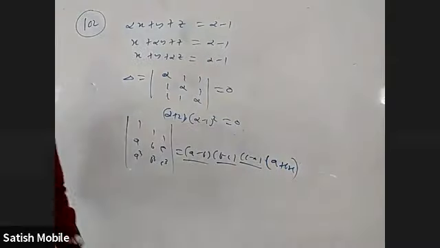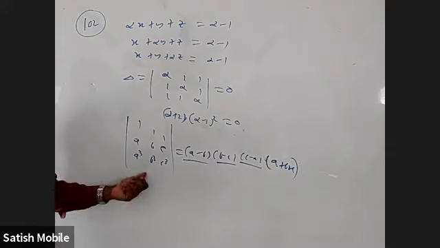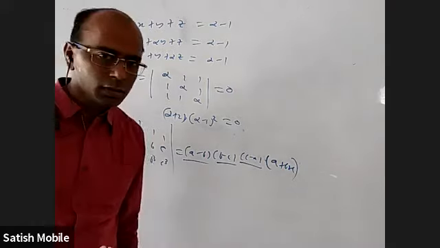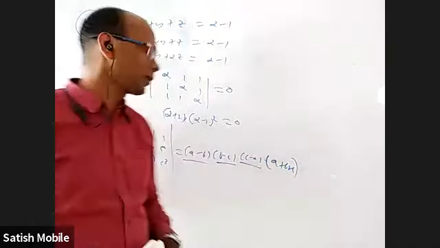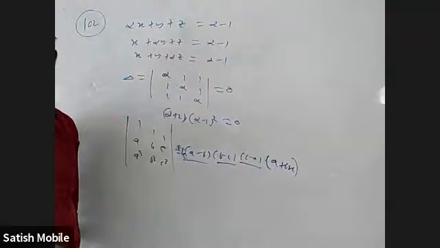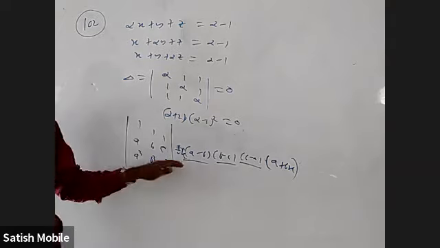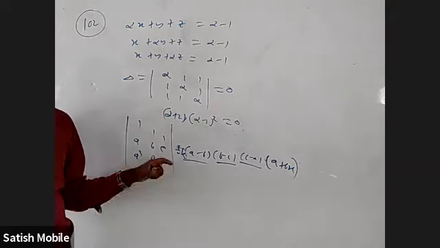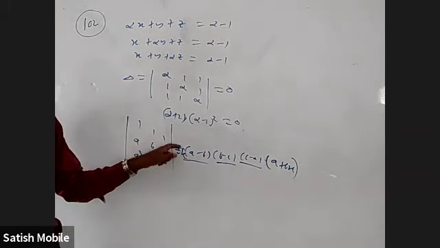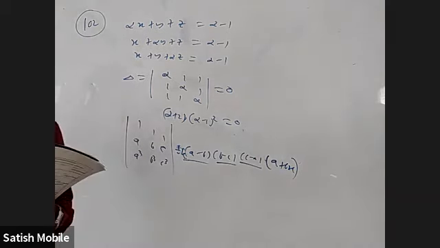Done. I don't want to write column 1 minus column 2, take a minus b common, column 2 minus column 3, b minus c common. I can do that. Without all that, I can directly say this. What minus a? Minus a, minus b, minus c also is okay. Yeah. Why can I take 2 times that also, 3 times that also? So we'll write equal to k. Take some numbers a, b, c, find LHS, RHS, we'll know k value, put that k back. But k equal to 2 or 3 doesn't have much chance here. 1 or minus 1 have a chance. For example, I can interchange 2 columns, it doesn't make much difference. Then minus will come. Except for minus, there's no big deal. Okay. This is also a valid method, not like a shortcut, it is a valid method.